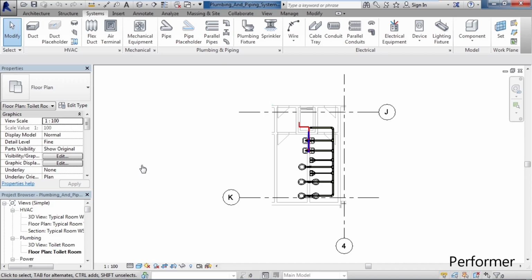Basically with waste lines from a men and women's restroom. There's also supply lines. You can see those in a red and a blue color. Now, to see some of the actual systems and what is available, let's look at our project browser in the